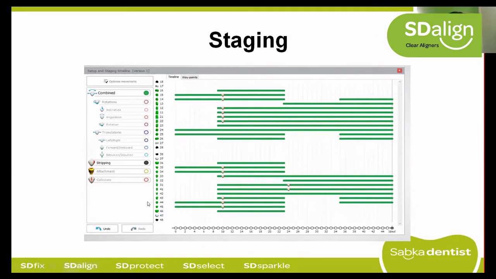So let's see this one more time. From 18 to 28, the left hand vertical column is telling us the tooth number, and the bottom row is telling me the stage. So if I want to read this data properly, what is this data telling me in summary? Initially, I am focusing on expansion. In the middle, I am focusing on arch form development and developing enough space for the canine, that is 1-3. Then in the later stages we are focusing on getting the canine down. And finally, we are focusing on torquing.